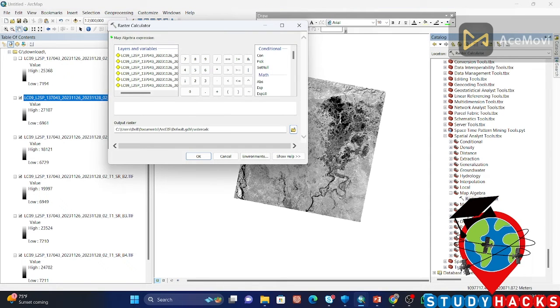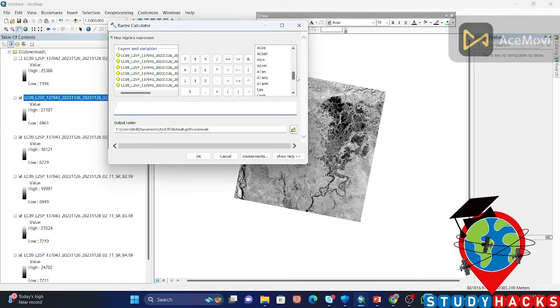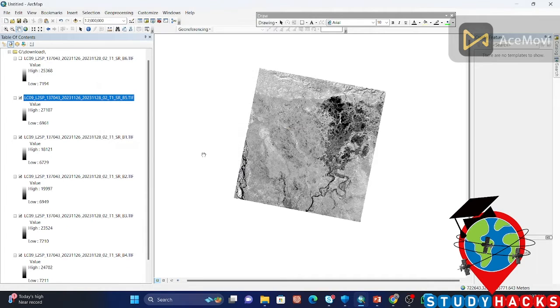This time, first of all, we take Float, and put the equation: B5 minus, B5 minus B4, double click on B4. Then put the divide sign, and further click on Float, then put B5 plus B4. Just put this equation, and I want to save it as default. Click OK. So now it makes a new